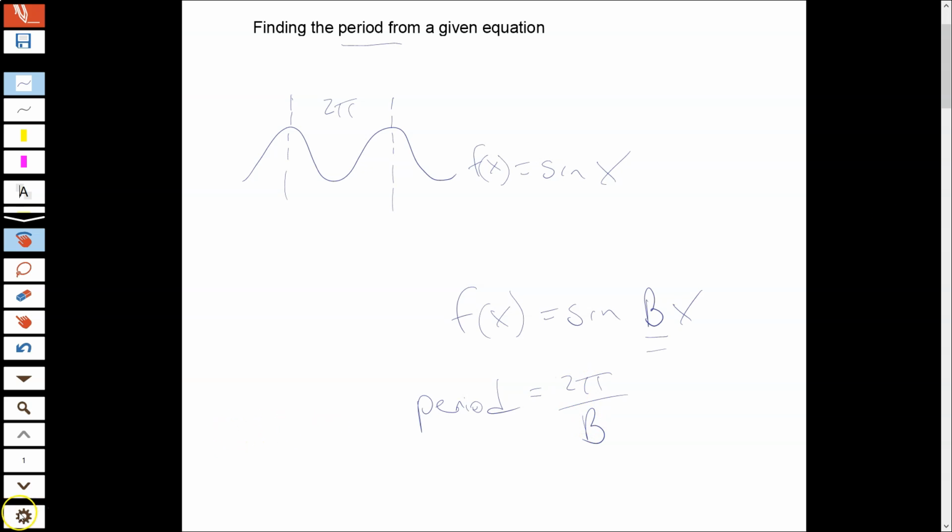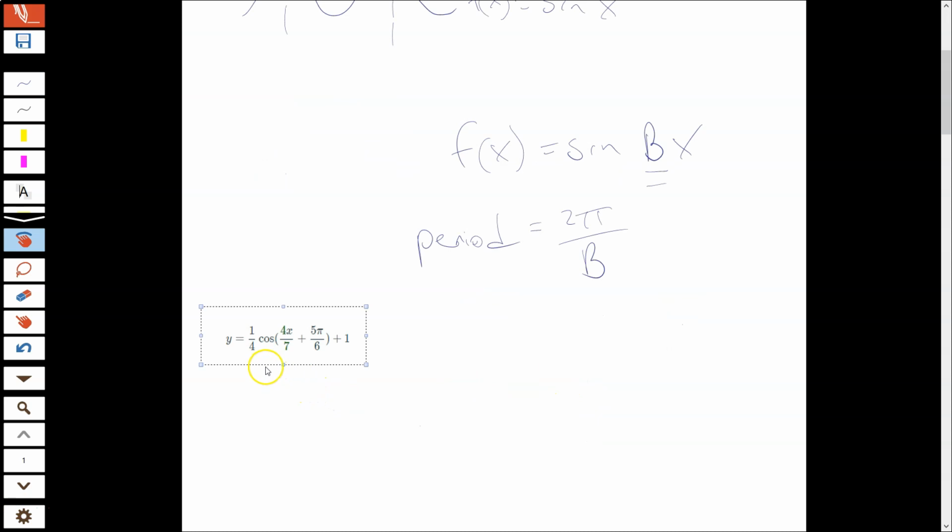So I'll show you an example or two. Here we have a function, and I intentionally picked one that looks kind of crazy to show you that it doesn't actually matter. There are actually 4 different parameters in this function. We have our amplitude, our midline, and then we have this new thing in there. This 5 pi over 6 is called a phase shift. It shifts the curve, the peaks or the troughs, left or right. We're not going to worry about any of that, though. We're just going to worry about what is in front of the x,